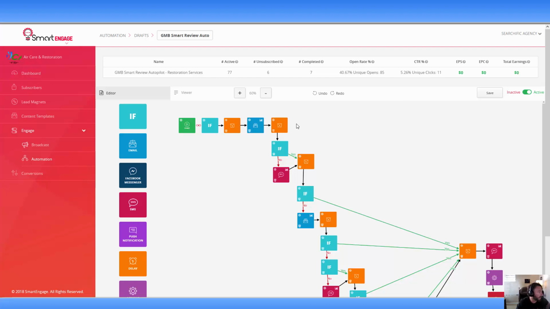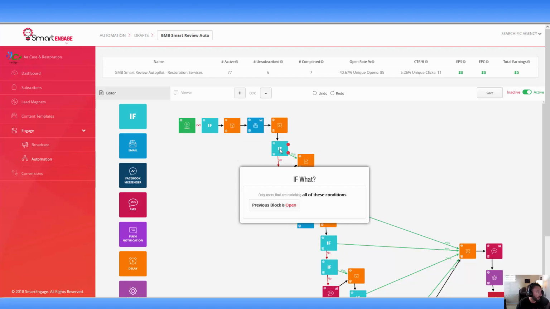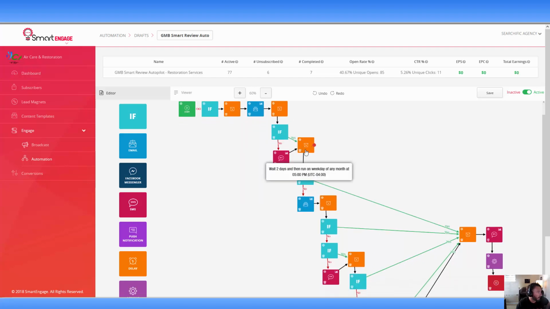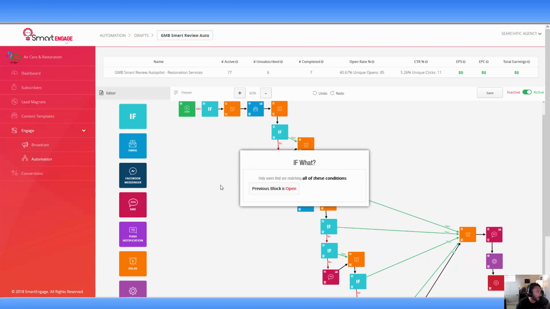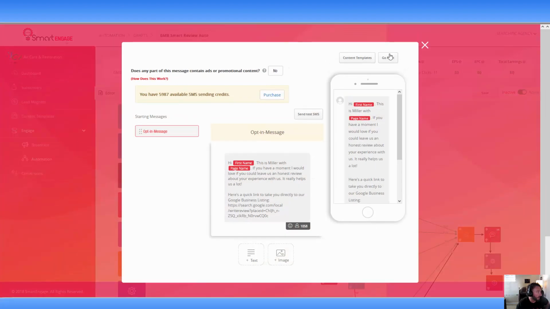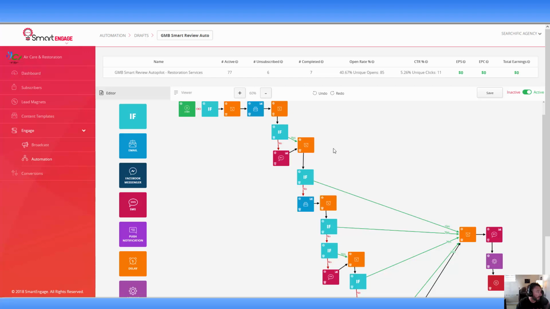All right, so what we're doing here is we've got a delay of 1 day, and then we're checking if the block was open. If the block was open, then we're going to go into a 2-day delay. If the block was not open after about a day, we're going to go ahead and send this SMS, right? And this was the one I tested earlier. I showed you. Okay, so then they're going to get that SMS, and then they get delayed. All right, so then 2 days later,